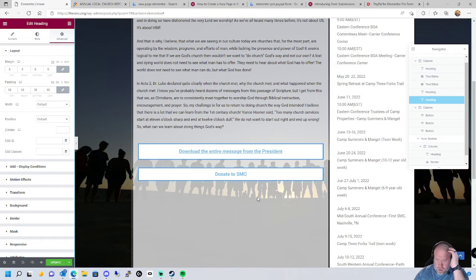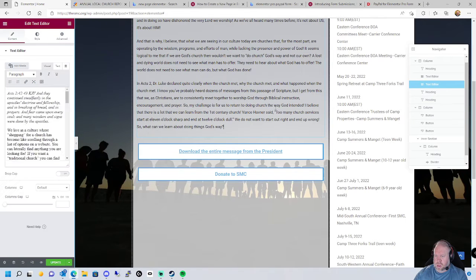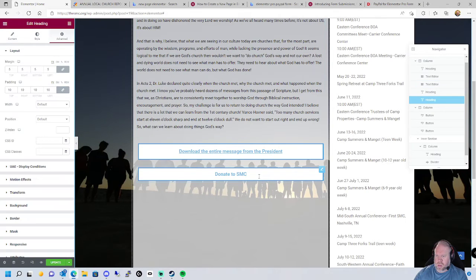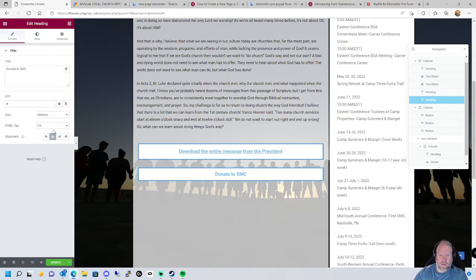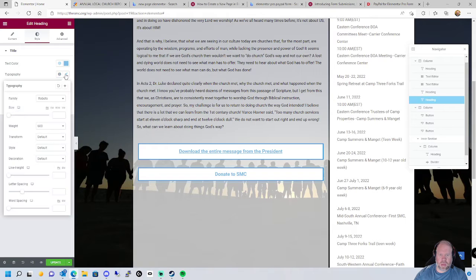Have it underlined. We're good. I did put pound there. Okay. You can actually change the text, not that you would want to. Let's go back to